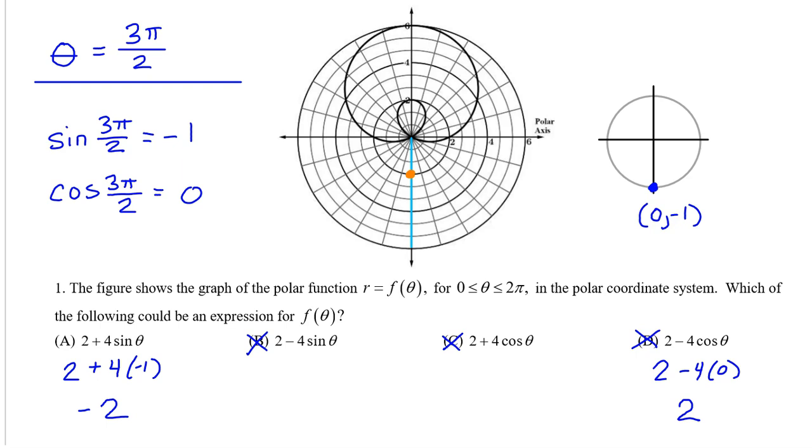On the other hand, an r value of -2 would be in the opposite direction from this blue line. It would be right here, which is on the graph. That's why the answer is A. In retrospect, letting theta equal 3 pi over 2 would have eliminated all of the incorrect answers in the first